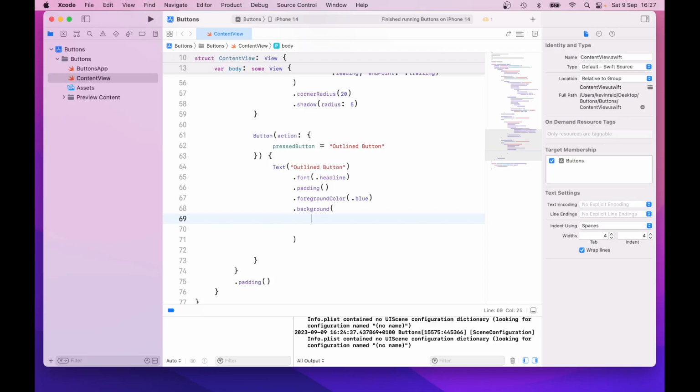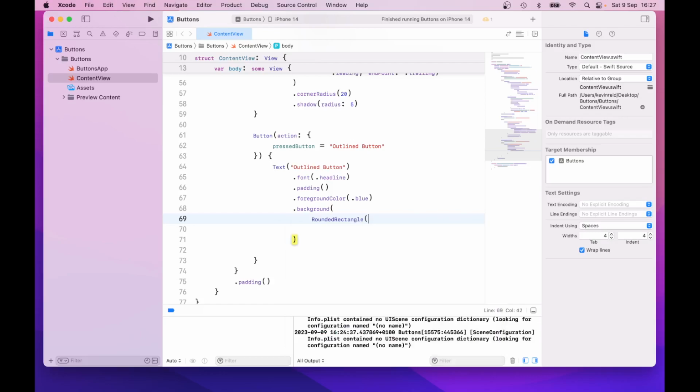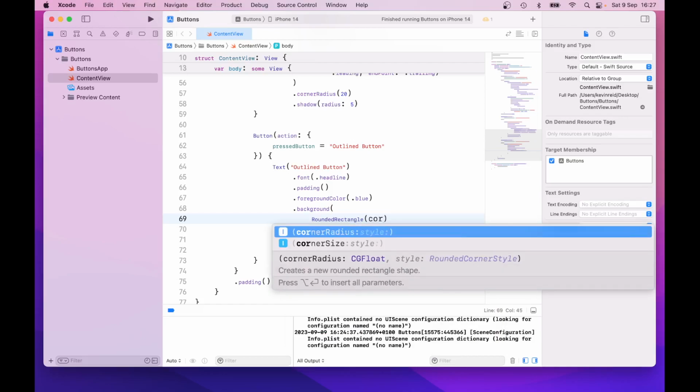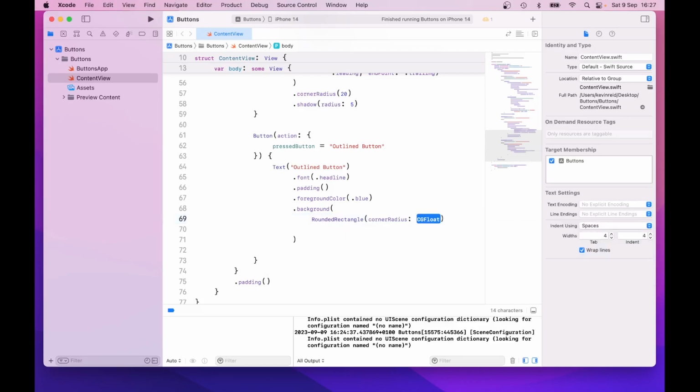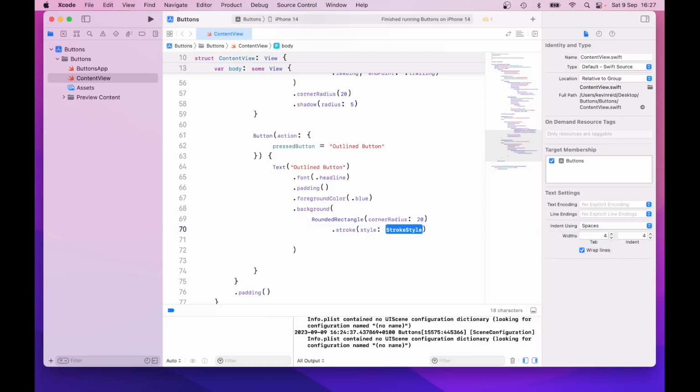So to do that just enter rounded rectangle, corner radius 20, dot stroke, dot blue, line width 2, and what that does, it just sets the stroke color and the width, the line width,